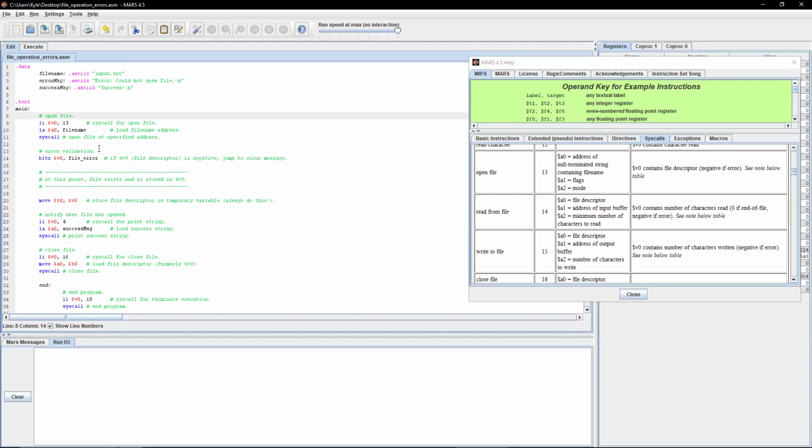At this point, we get into the main topic of this video, which is error validation, or input validation. I hear both. Essentially, it's real simple. All we need to do is take a look at our table here, and it says V0, which is the result of the syscall for open file. It contains a file descriptor. If the number is negative,